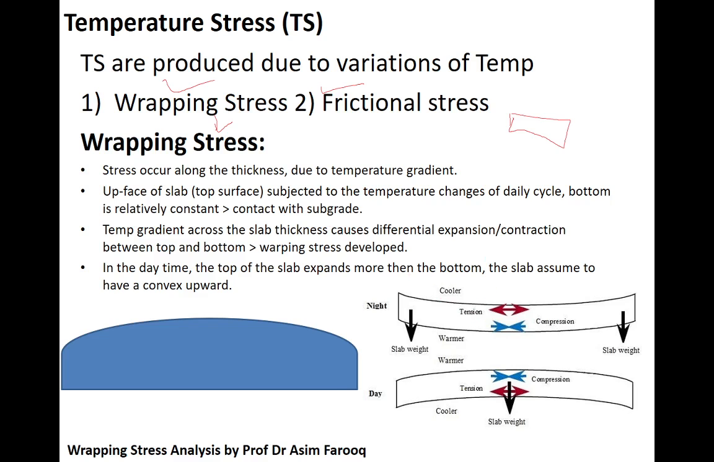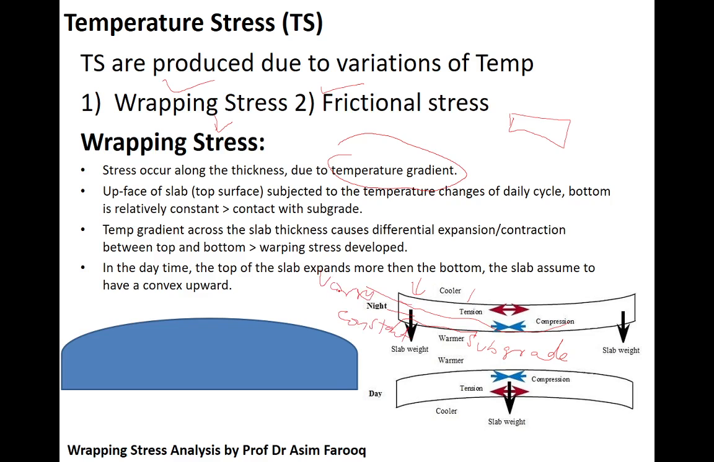Warping stresses are the result of the temperature gradient across the thickness of the slab due to the regular or daily variation in temperature. Warping stresses occur at the top surface of the slab, which is subjected to a wide range of temperature during the daily cycle, while the bottom of the slab is in contact with the subgrade, which usually remains relatively constant. As you can see here, according to this figure, the temperature gradient across the slab thickness